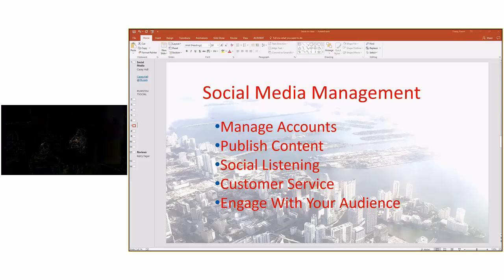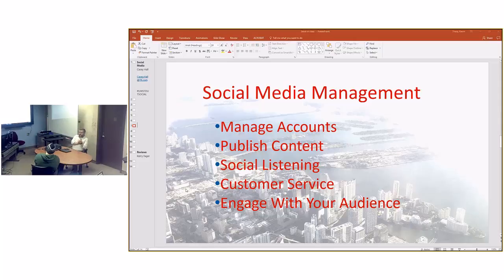content. Has anyone done any social listening or thought about social listening at all, or know what social listening is? Okay. So social listening is this whole other side of social media marketing, and there's plenty of free ways to do this, and there's also some very expensive tools to do this. But basically, you can just go on Twitter and use the search and find out what kind of things people are talking about. So you can look for Minneapolis microbrews, or you can look for what bands are coming to town, or things